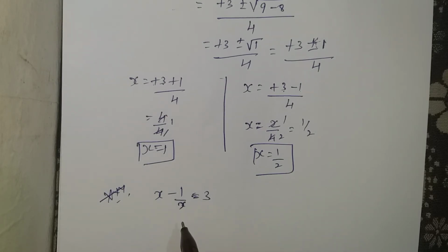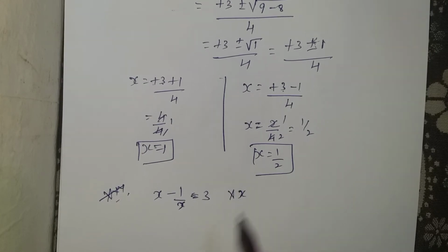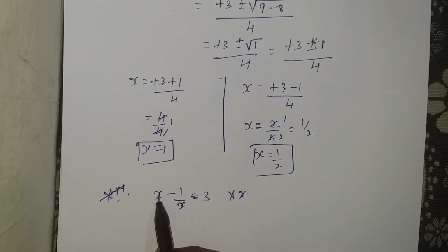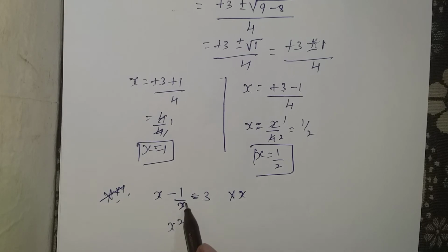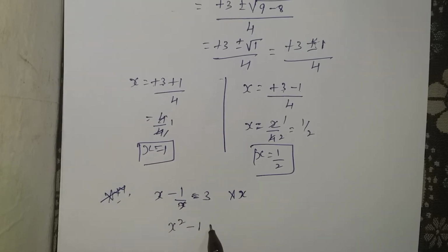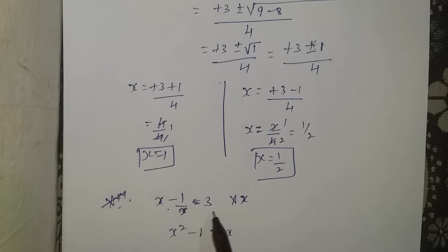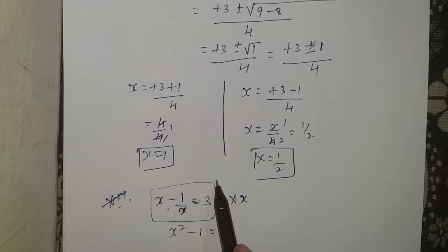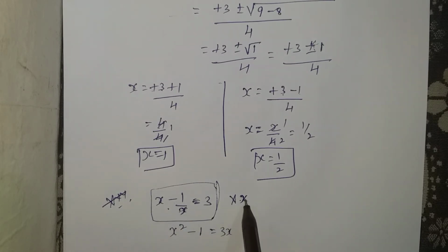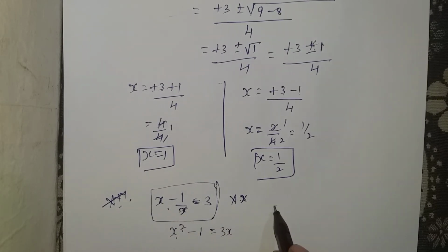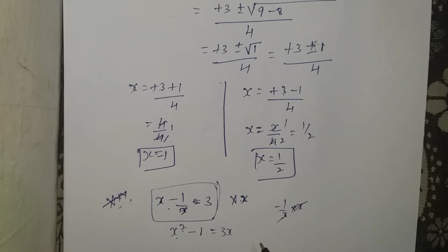Yes, it is a quadratic equation when you multiply x to the full equation. So when you multiply x into x is x square, this x will cancel, you will get 1 and you will get is equal to 3x. Good students, so this question is very important. x minus 1 by x is equals to 3. So for this full equation, you need to multiply. First you multiply this x into x is x square. So minus 1 by x into x, x will get cancelled, only 1 will remain, so I wrote minus 1. So next is 3 into x is 3x.